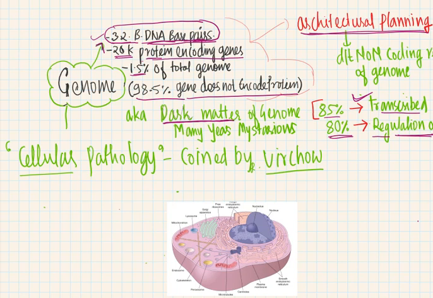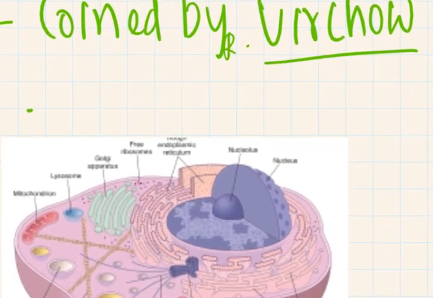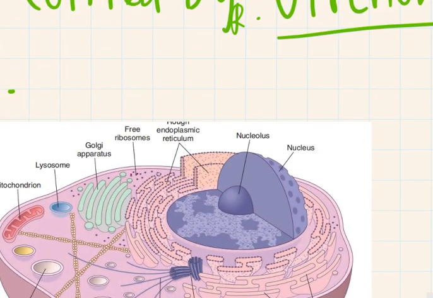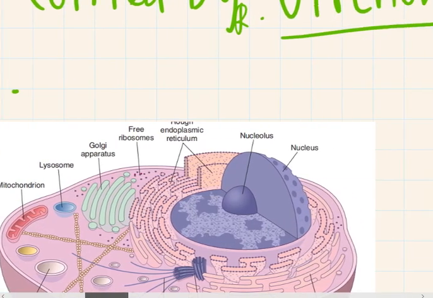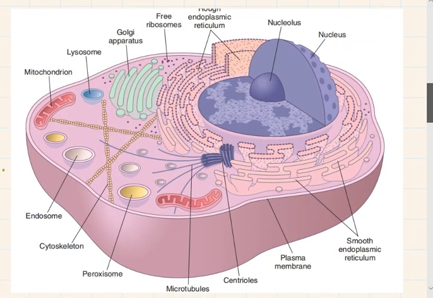Okay, so genome. You all know about the genome, right? This genome is made up of about 3.2 billion DNA base pairs. Before that, tell me, you all know about the cell structure, right? Just let me revise that so that you will be able to understand at what level we are studying. You all know this, but let me revise it very fast.